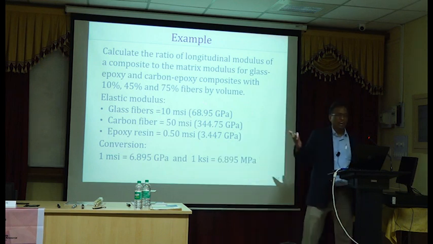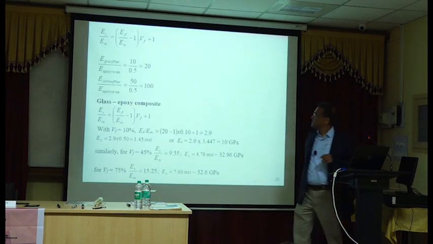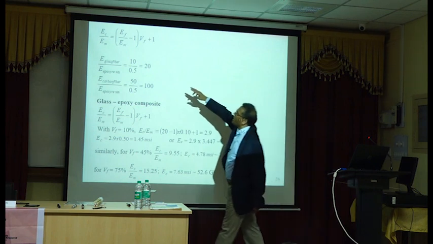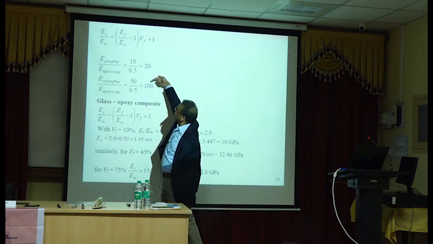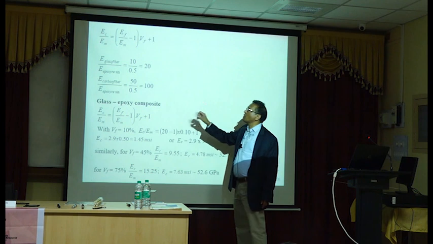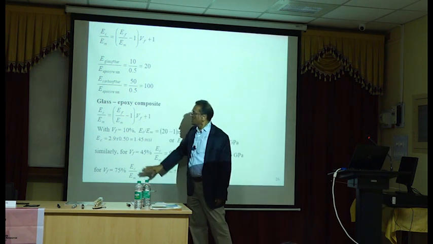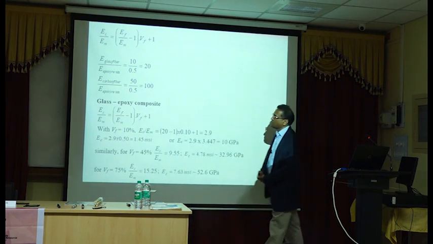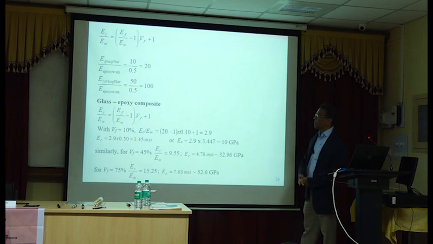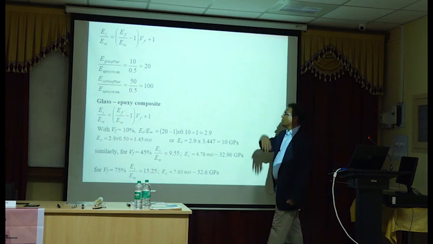Okay, even I can do the calculation. So very simple. So that's 100, this is 20. This is 20 for glass fiber, 100 for carbon fiber. Just plug in the numbers in this simple expression. So you get E sub C, which is the modulus of the composite, works out to be for different volume